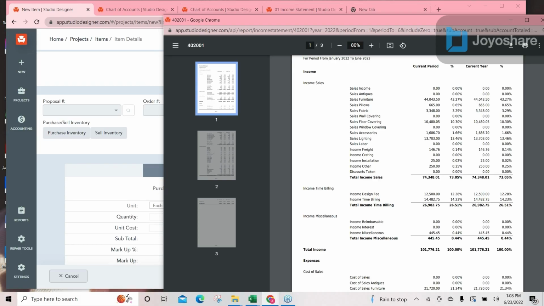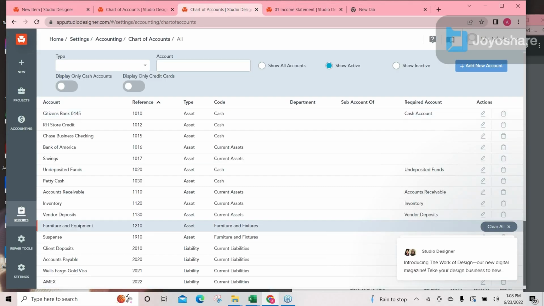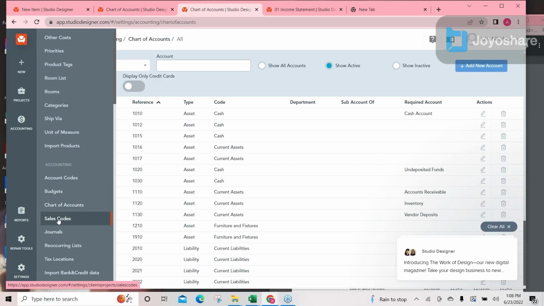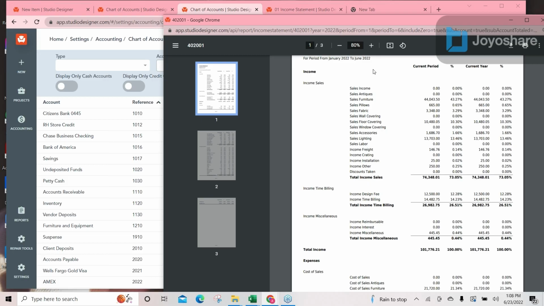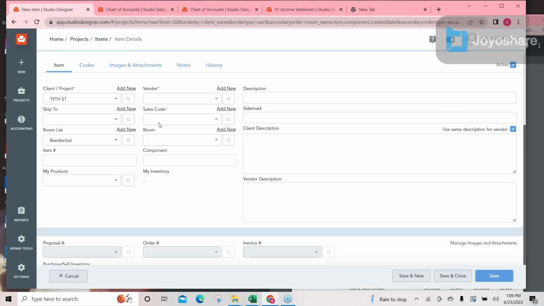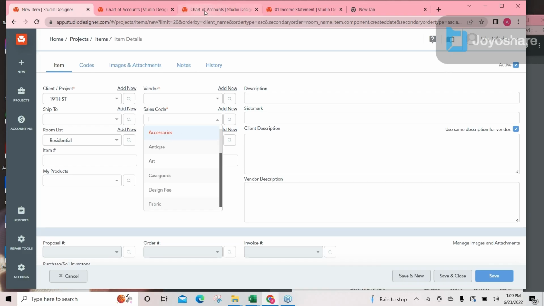The way we like to describe sales codes as well is it's a great way for you to understand where you are making money or where you are making a large margin. So use these very strategically. Definitely don't create too many, because then it actually gets hard. You're going to forget, did I put flowers into accessories or did I put flowers into tabletop, if you, for example, set up a tabletop sales code. So be very mindful, but also remember that if you need help with setting up sales codes,